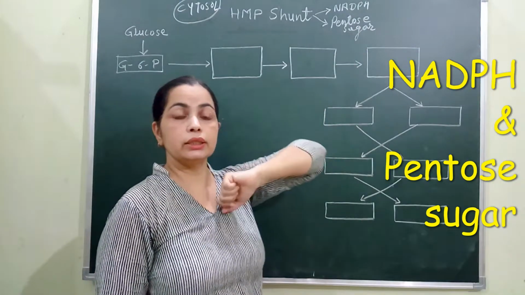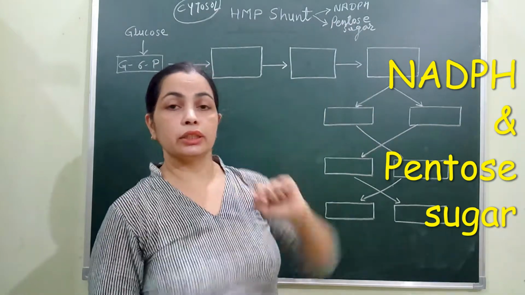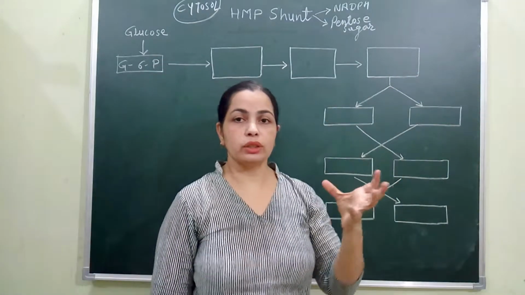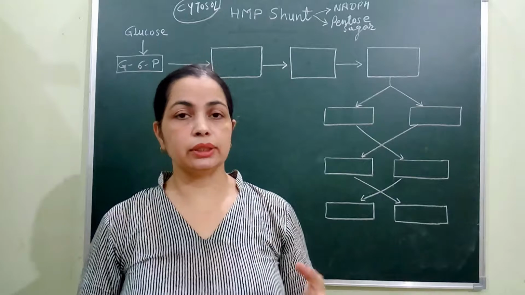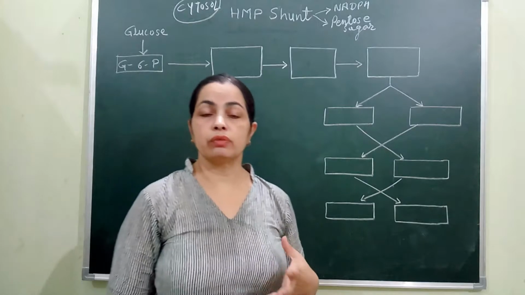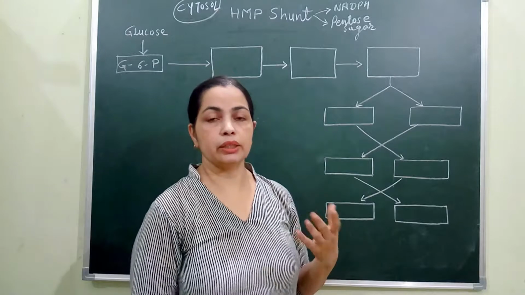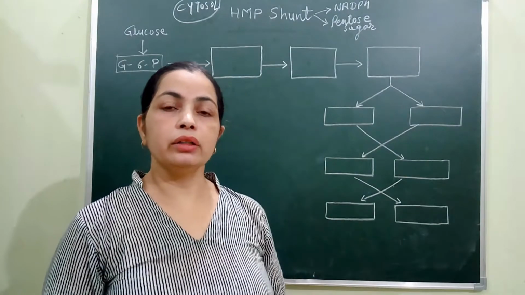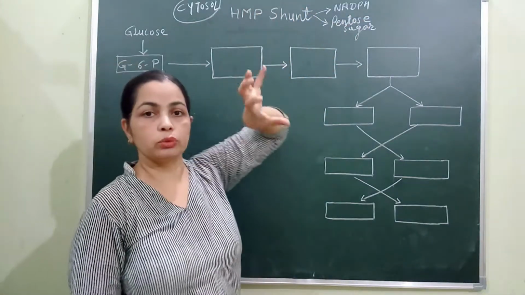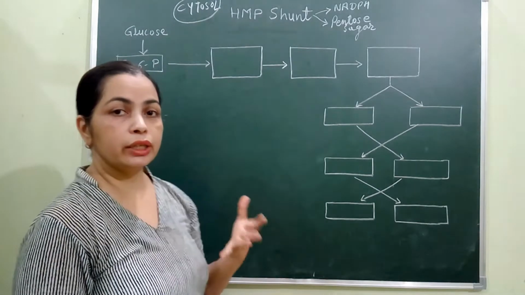The pentose sugar is required for nucleotides and nucleic acids, while NADPH is required by RBCs to maintain cell integrity. If NADPH is not there, there is going to be lysis of those RBCs and they will be destroyed. In addition, NADPH is also required by tissues for generation of fatty acids and steroids. So all those tissues like liver, adrenal glands and adipose tissue require NADPH, and this HMP shunt is observed in all such tissues. Now, a shunt means an alternative arrangement.